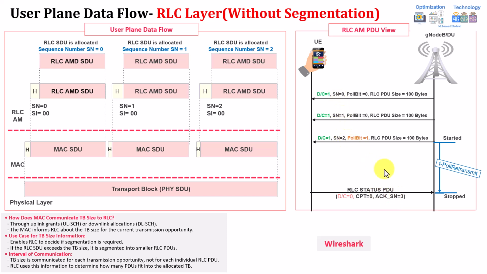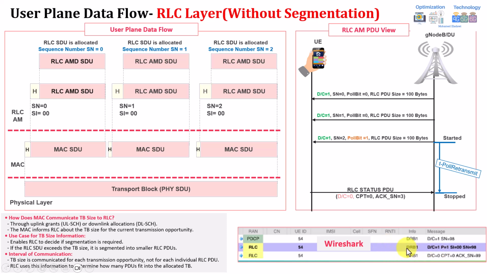I will be showing an example of how it looks whenever there is a non-acknowledgement. And again, from the Wireshark perspective, this will be shown like here. For example, as you can see down here, this is D/C equals 1. There was data. Poll bit was 1, requesting it to send an RLC status PDU. Then sequence number 98. You can see the receiver replied with D/C equals 0, which is this one. Then you have CPT equals 0, this one. Then acknowledgement sequence number here was 98. Again, I'm waiting for the next one because I already acknowledged that I received 97.